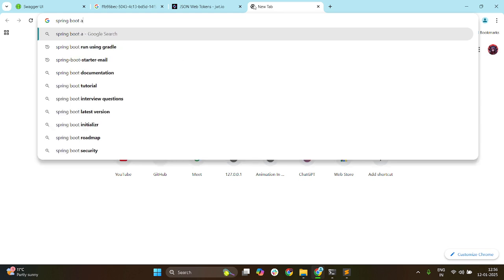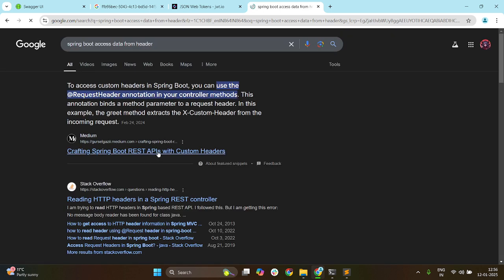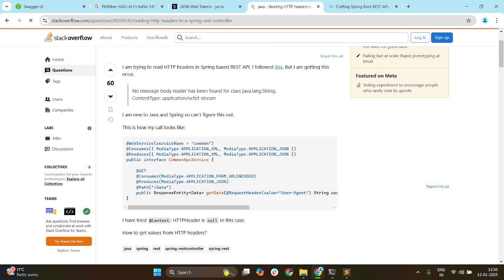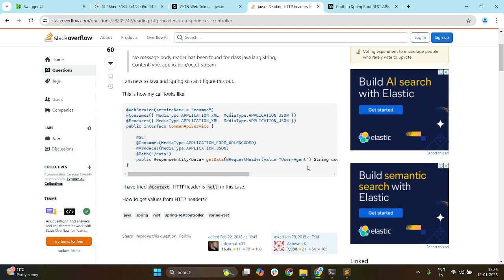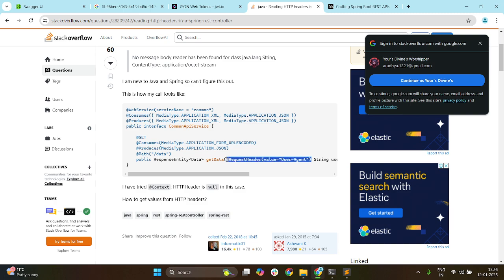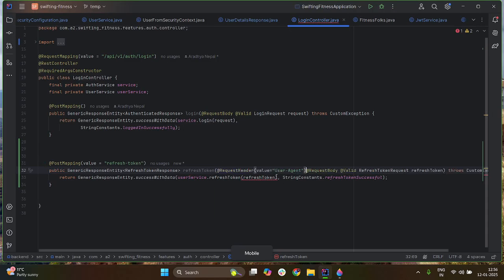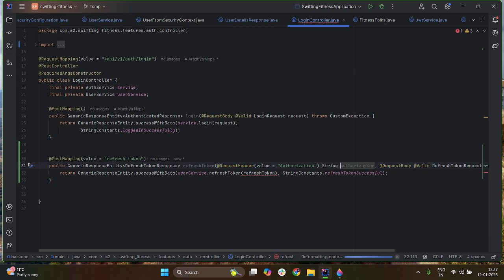Spring Boot, access data from header, authorization, string. So we are asking for authorization in the header,